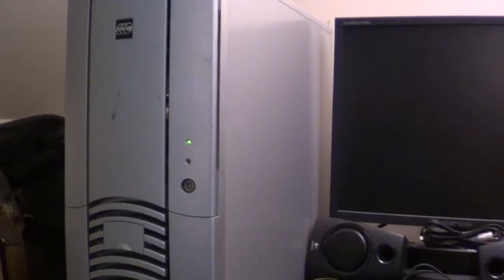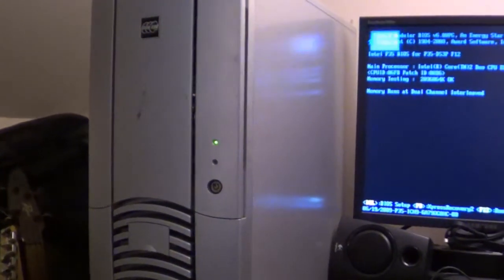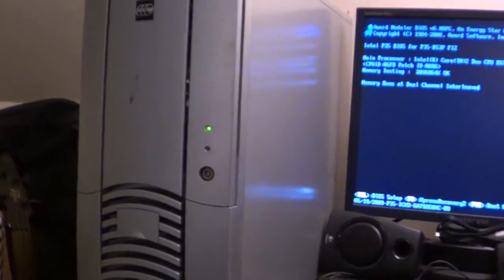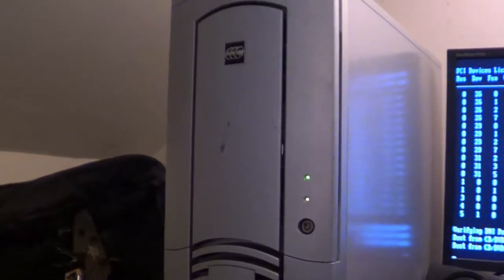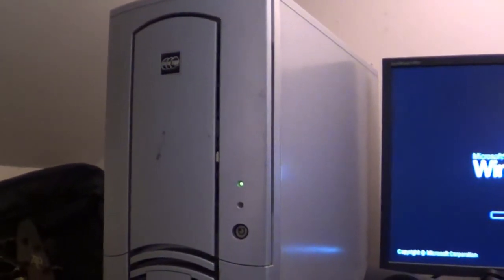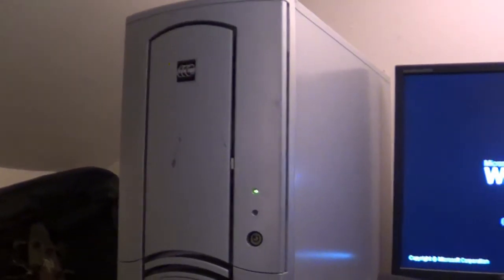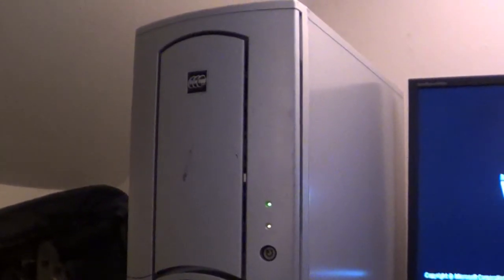It's great that the Silver Bullet's finally operating again for the first time in years. But as you can tell, it's got a bit of a noise problem, to say the very least. Running off of only 80mm fans. And not only does it have a problem with running off of only 80mm fans in the case, but it also has a bit of a problem with the system, the motherboard actually, not having any case fan control. It does have fan control for the CPU fan, which is a PWM 4-pin fan, but not for the 3-pin